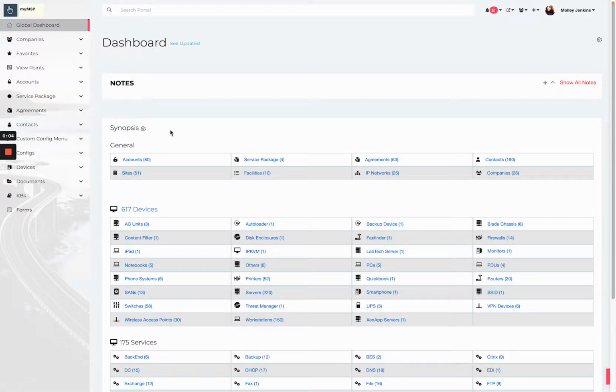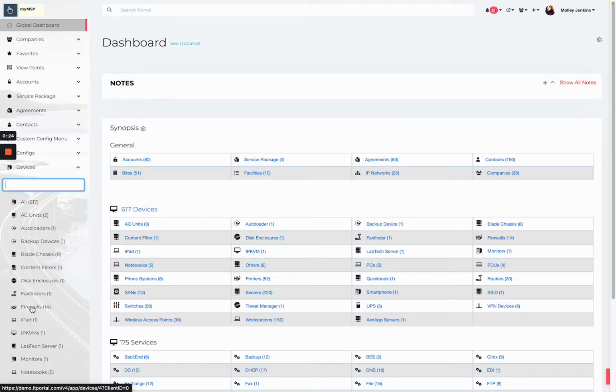In this video we're going to cover types within the portal. By default in the portal we define different object types for you just to make it easier for documentation. As far as object types, what we mean is, for example, if you look at devices here in the portal,